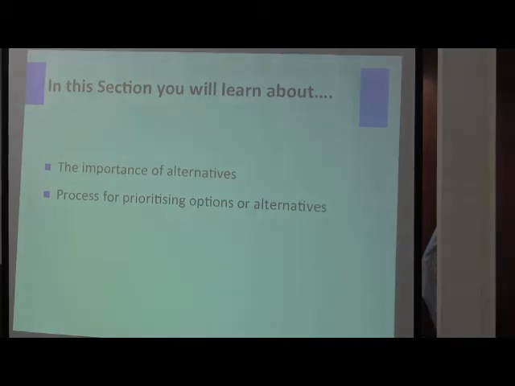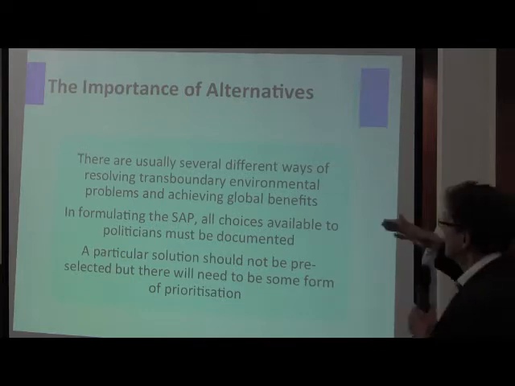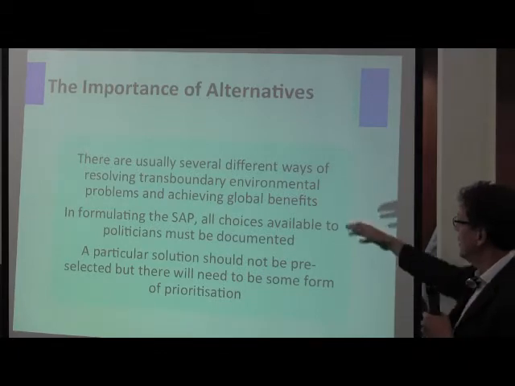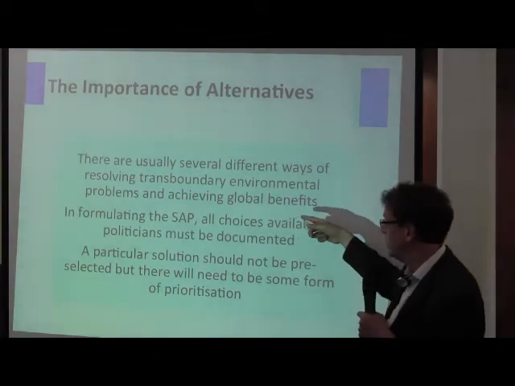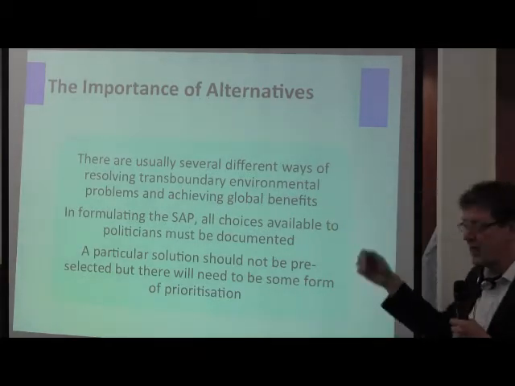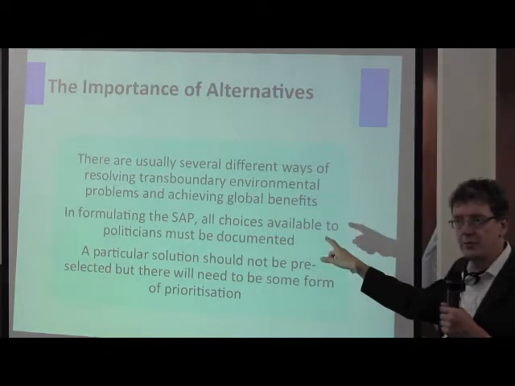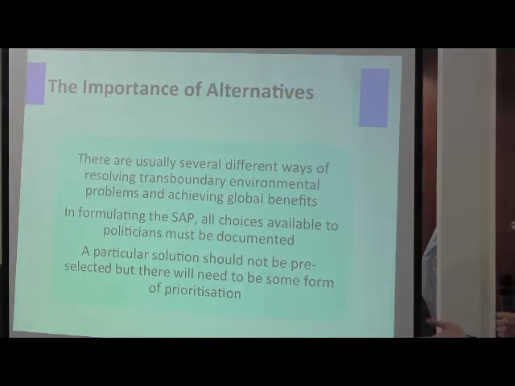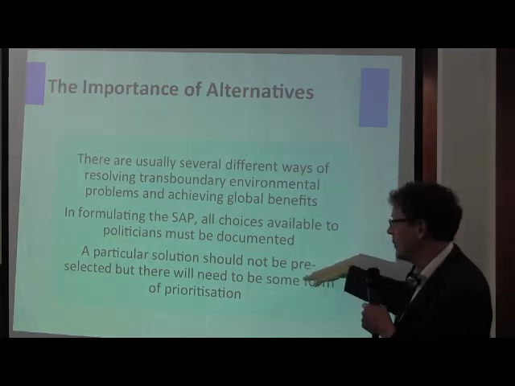So firstly then, what do we mean by alternative? Even in the examples you've given here, there are often several different ways of resolving transboundary environmental problems and achieving some form of global benefit. In formulating the SAP, all choices must be available to politicians. The purpose here is to give them as many choices as possible, because you've got more chance of getting some of them through. So a particular solution should not be pre-selected,